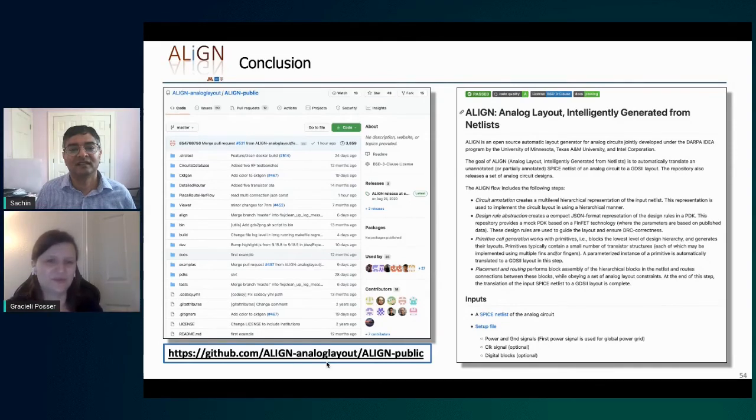Like you need to obey a bunch of those rules. It's smaller than digital, but it's a lot more complicated, and the reason is that the constraints are more complicated, and that's why the expert human designer has been so important all this time. So what we are trying to do is improve productivity while keeping the quality the same.